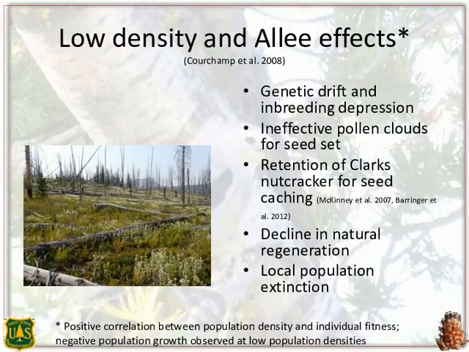Another filter that we could apply in this process is density. We talked about low and high density and prioritizing areas for conservation, but I'm very concerned that if we drop below too few trees per acre, 10, that will wash out any advantages that we have in our populations and build up inbreeding. If you don't have a large number of trees per acre, you don't get an effective pollen cloud and seed set. And eventually that leads to the decline of natural regeneration and potentially local population extinction.